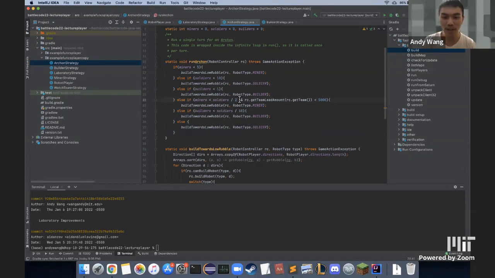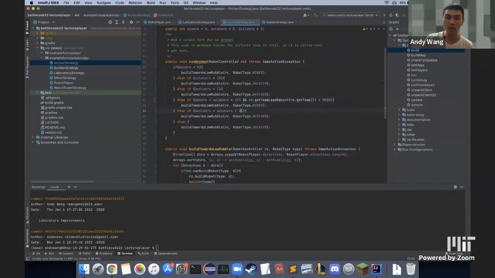So I'm going to very excitedly go here to the miners and soldiers ratio line. I'm going to say, wow, instead of building miners when there's less than half the number of soldiers, let's try to do it when there's 4/3 the number of soldiers. And this magic ratio of miners to soldiers is going to let us completely destroy the example funcs robot and